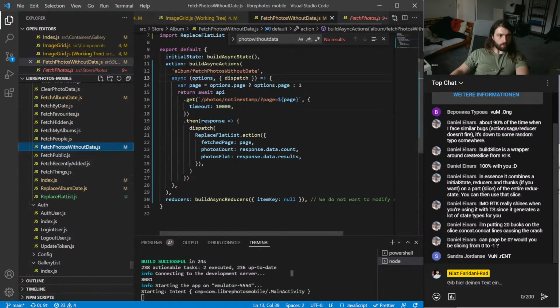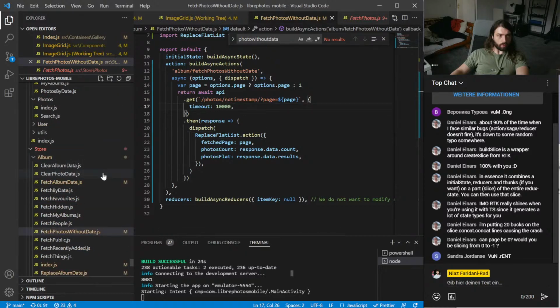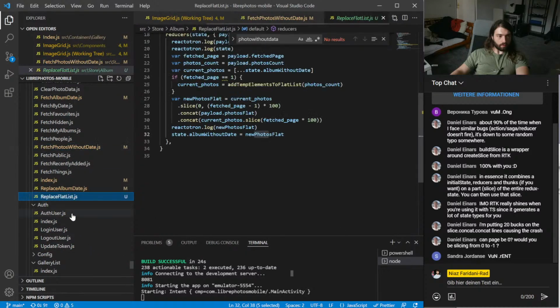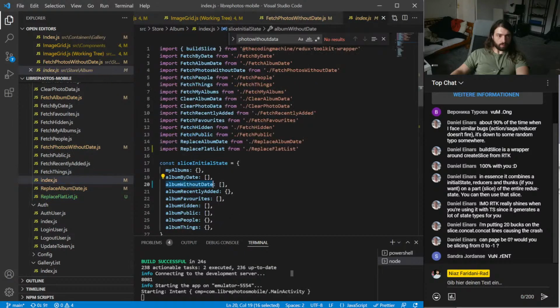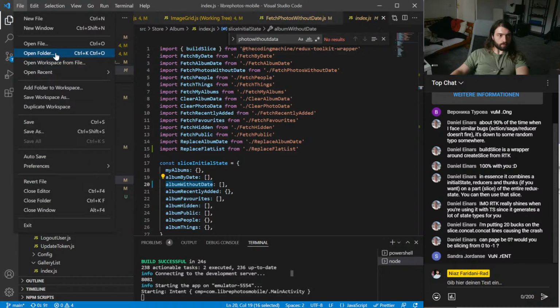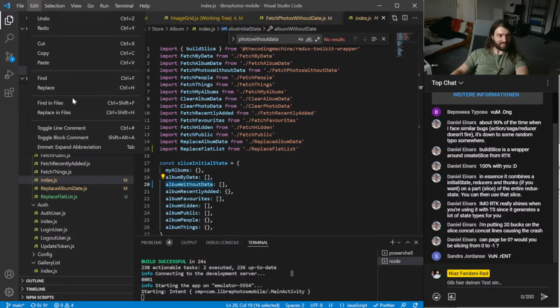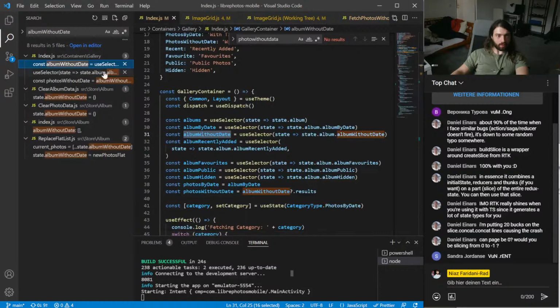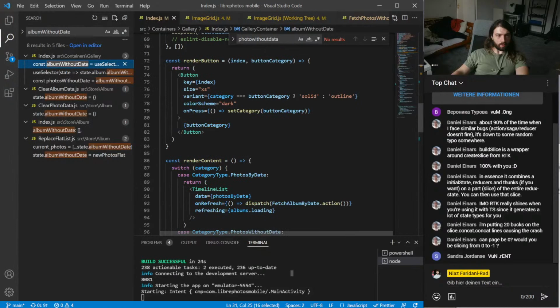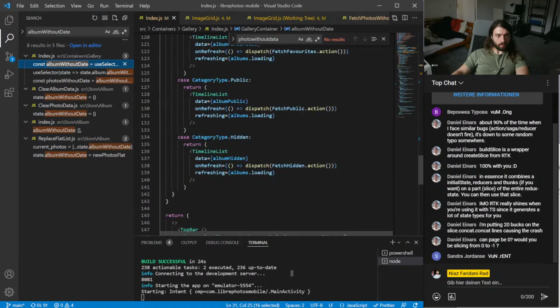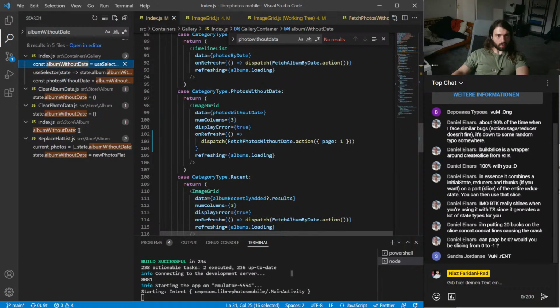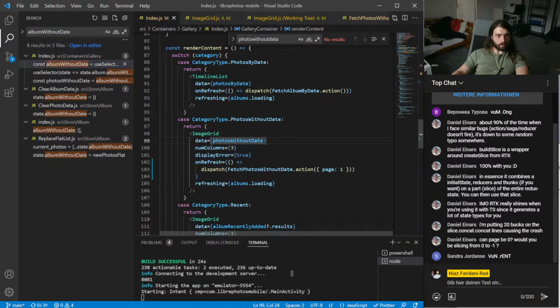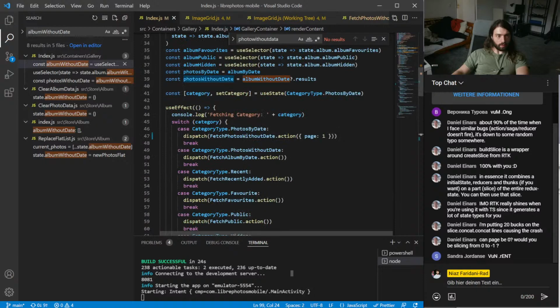Is fetch photos without date even used? That would be so stupid. Gallery? Use selector? So like I selected that. Album without date. Results. Yeah, that's not right.